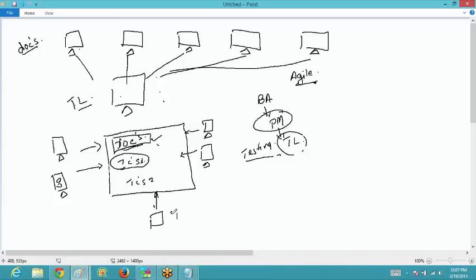Suppose he is the test lead, so the second tester will just mail the test lead that I have submitted my test case document, please review it. The test lead will review it, and if there are some chances of improvement, he will mark a note over here only, so it is visible to the tester also. In that case they don't have to keep telling each other via mail or via phone or by going to each other's desk. So this would help the tester and the test lead also.